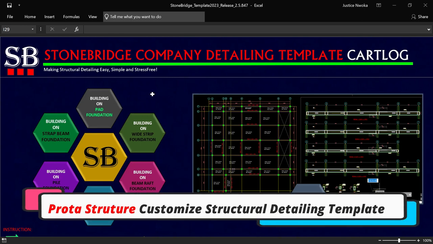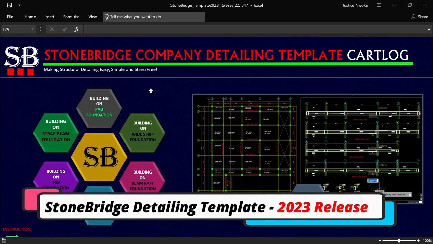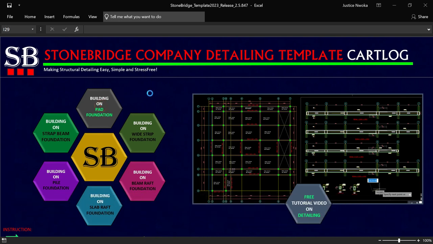Okay, so right now we will be continuing our slab detailing with this Stonebridge template. From the last time, when we did part one of the slab detailing using this template, I want to continue from part two of this slab detailing. So I'll just click on this tab, and then automatically